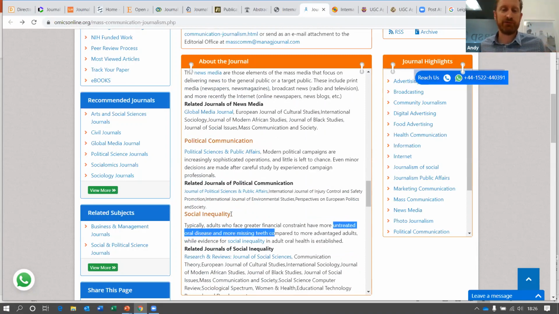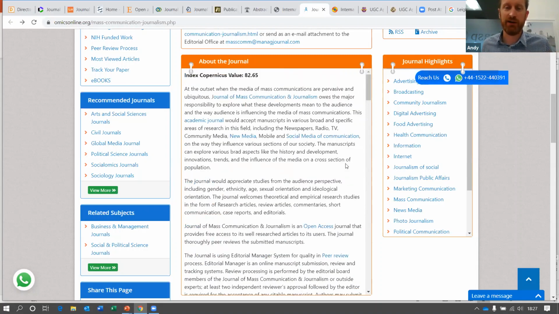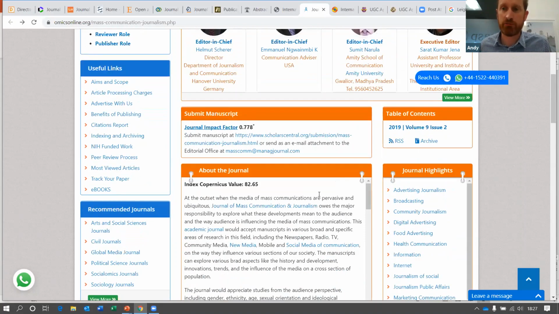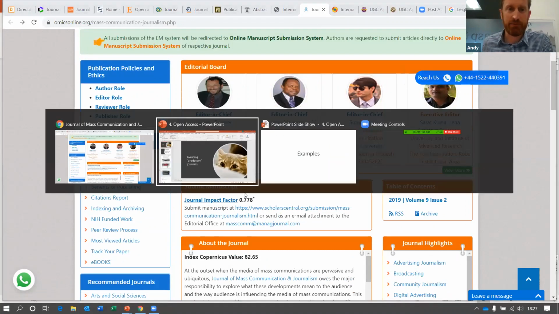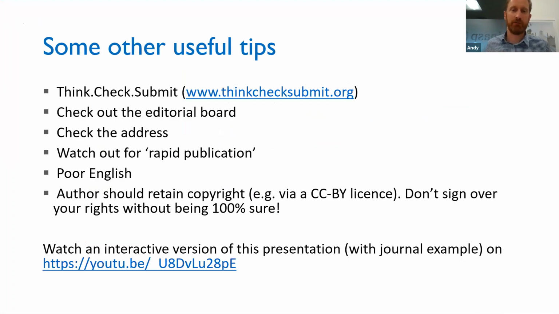So basically, they've taken some of these phrases that they think might be relevant to the journal, they've put them in Google, they've probably gone to Wikipedia and copy and pasted some paragraphs of text to bulk out the journal homepage to make it look like a credible journal. But all you have to do is actually read what they've written, and you should be able to spot that not all is right with this journal. Right, so those are some examples, and I'm quite happy to send on some more examples by email later, or take questions, but I'm just going to round off with some final tips.